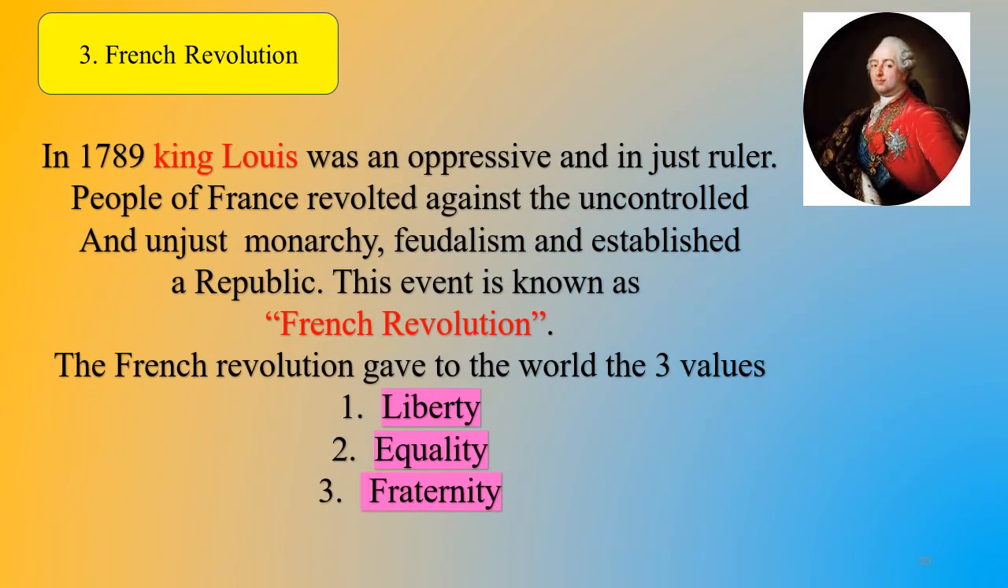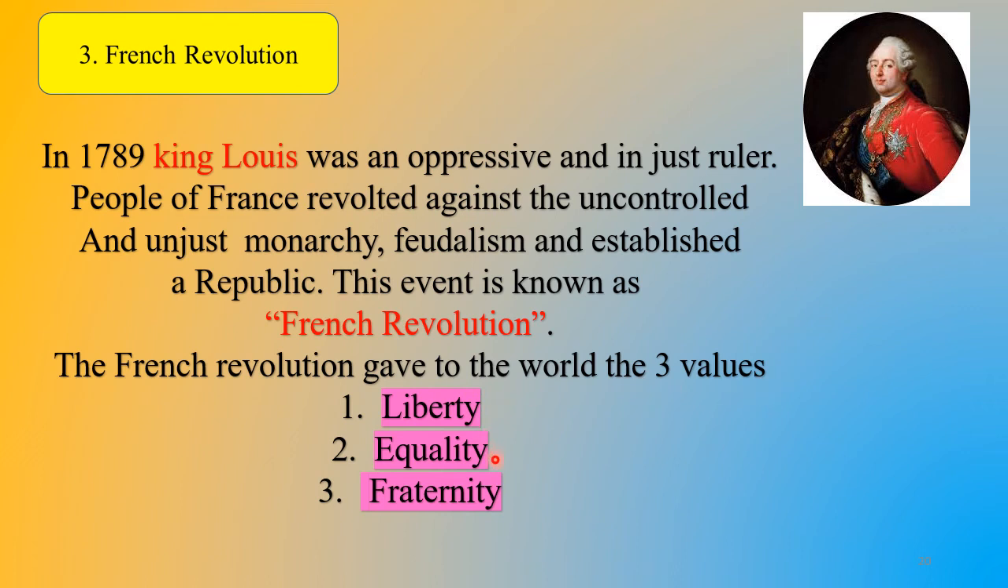Next, French Revolution. This is King Louis XVI. He was an oppressive and unjust ruler. People of France revolted against the uncontrolled and unjust monarchy and feudalism, and established a republic. This event is known as the French Revolution. So the French people were against their king Louis. The French Revolution took place and gave to the world the three values: